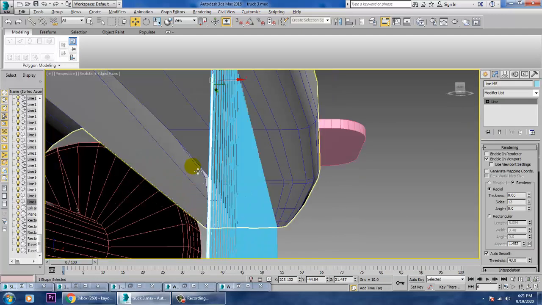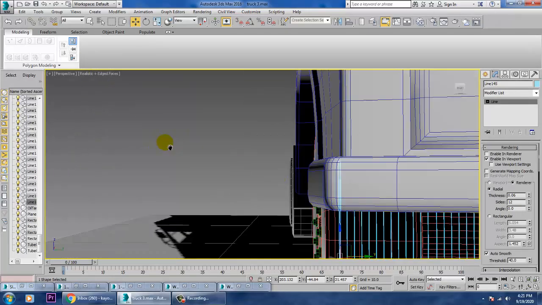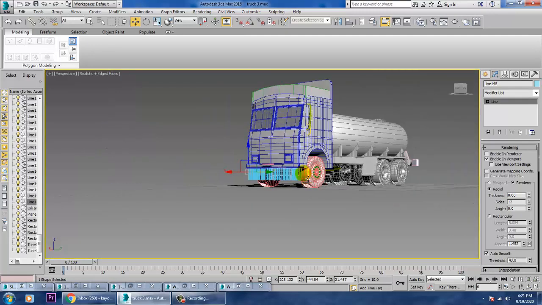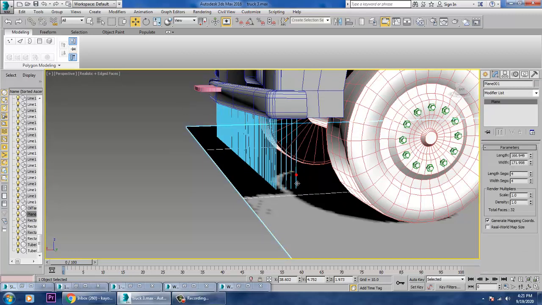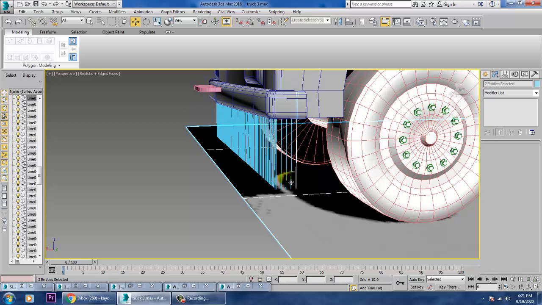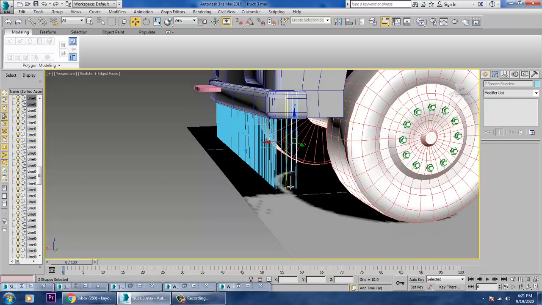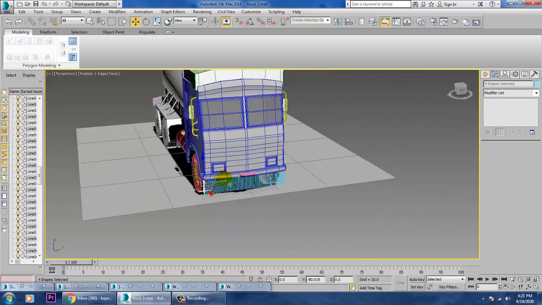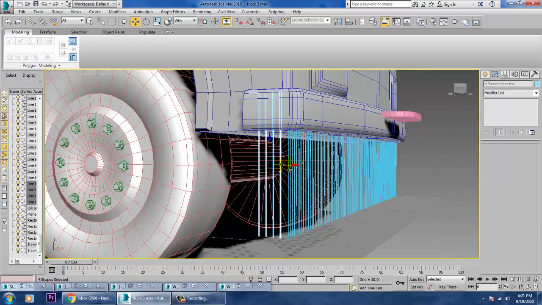So now same thing, that will go over here also. You select this, so just duplicate it on this side. That's it.